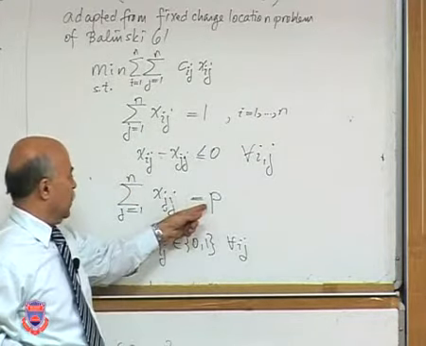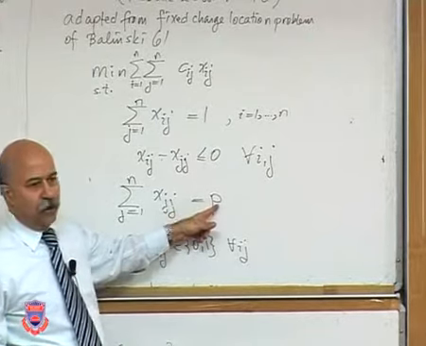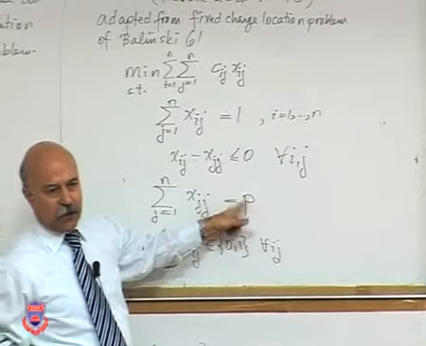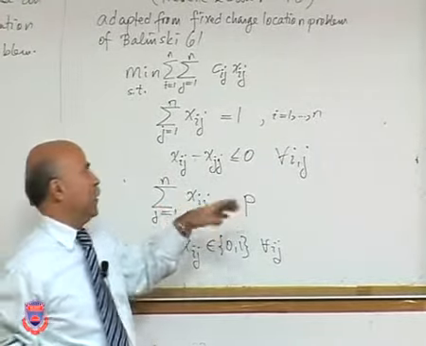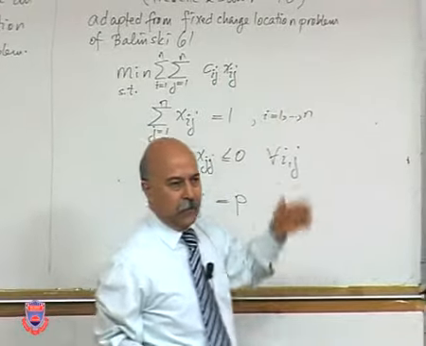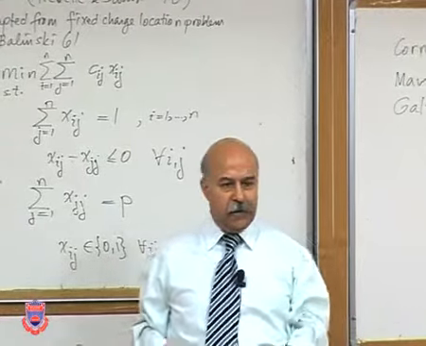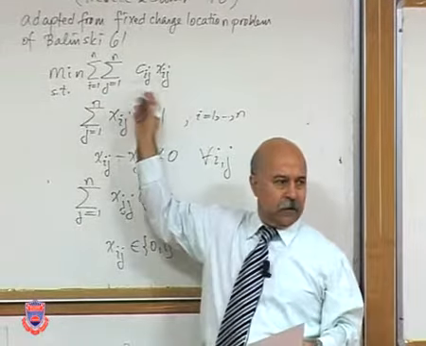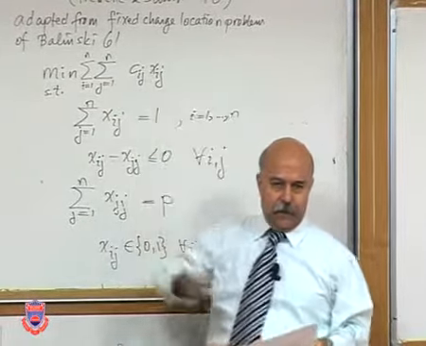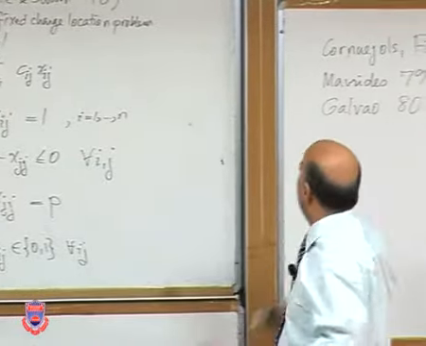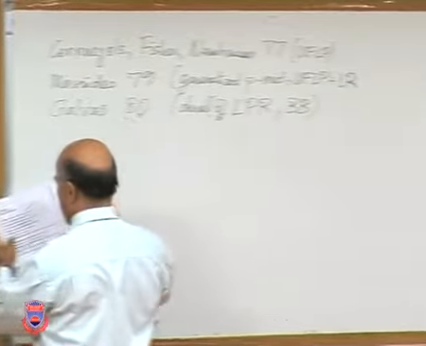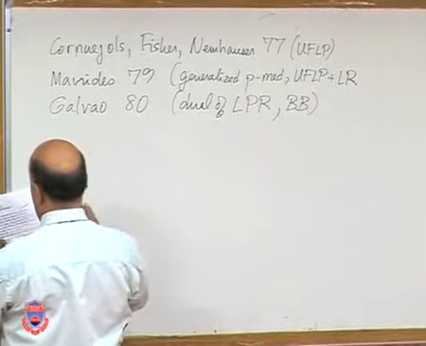In this case, facilities all incur the same charge. That's why you restrict the number of facilities. Whereas when you throw it into the objective function, you don't restrict the number of facilities, but you try to balance the transportation or delivery costs with the opening costs. Anyway, Galvao used that, and let's see, Beasley and